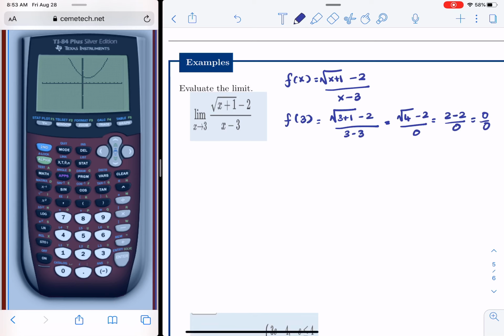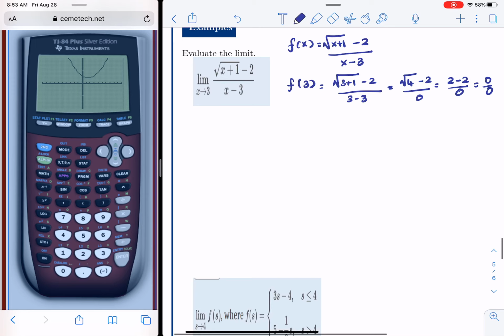that we had before. 0 over 0 is not a proper value. It's called an indeterminate form. So how do we go about doing this? I said, oh, simplify f of x, but we cannot do it because there is a radical. So if you go back to algebra, we can